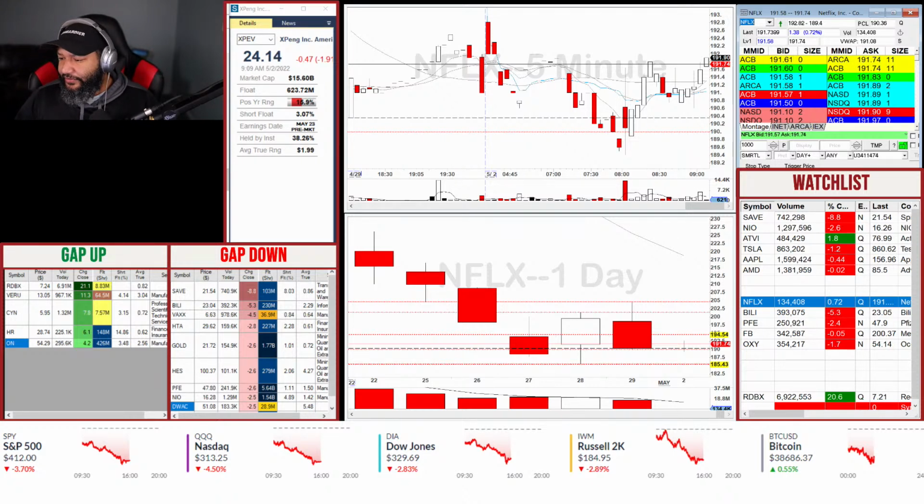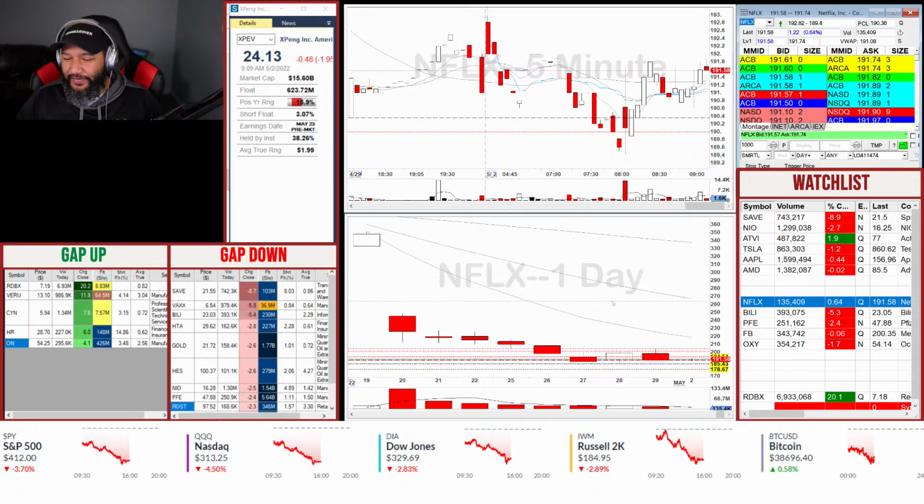They dropped Ozark after earnings. Yeah, they're trying to revive their numbers there. We'll see. We'll see. They're gonna need more than that, man. They're gonna need more than that.